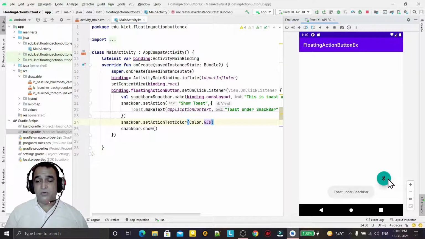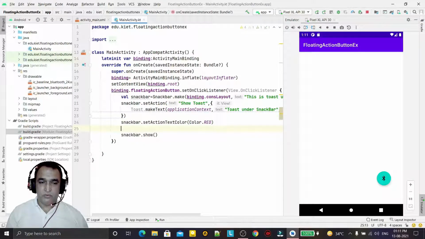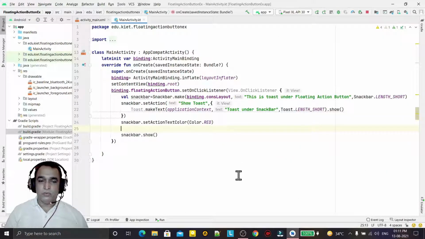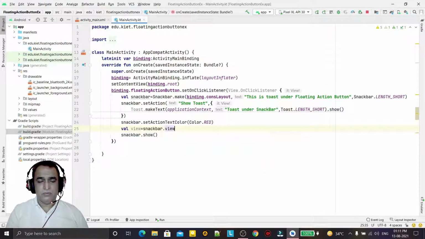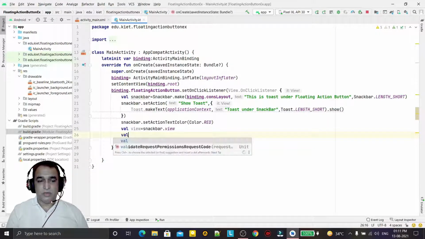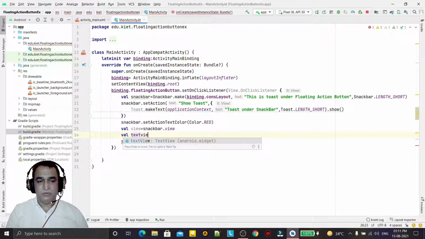And if you want to change the color of this text also, you can do that. For that we have to get the object of the view, so I'm getting the view: snackbar dot view, like this, and then I use the object of the text view that is under the snack bar.